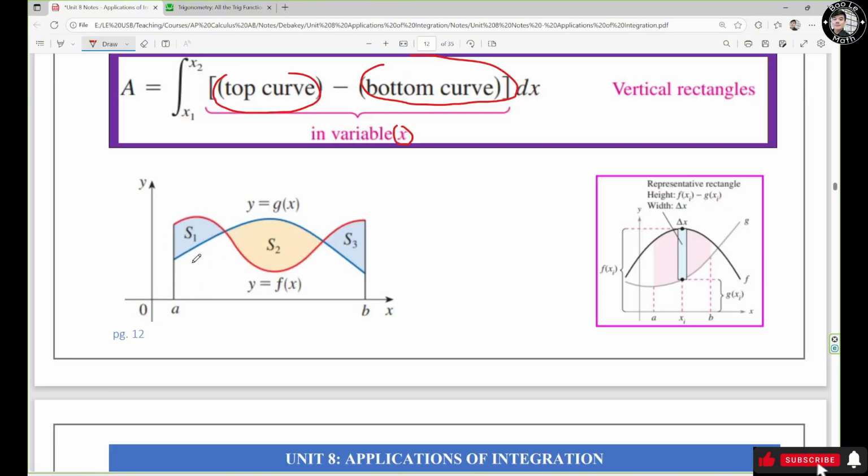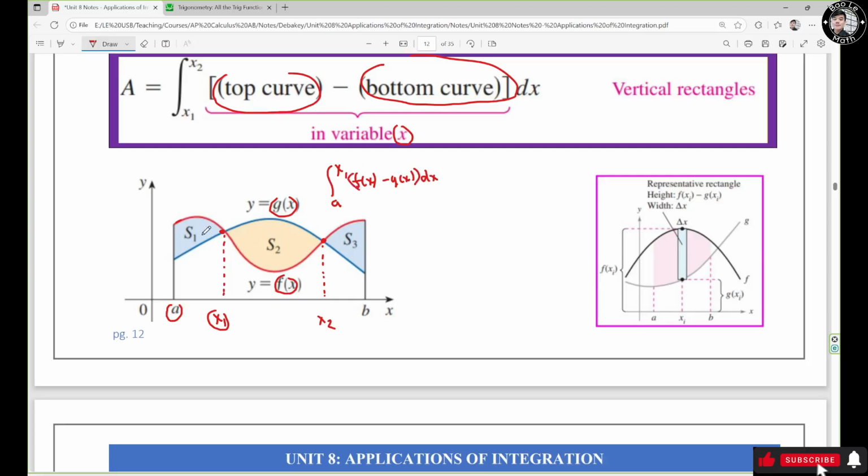So look at this diagram right here. The functions f of x and g of x intersect at this point and this point. We need to calculate the area of the shaded regions. So how do we do that one? I'm going to call the intersection right here x1, and the intersection right here x2. Basically, from a to x1, the red one right here, which is the function f of x, is above the function g of x. So it's going to be the integral from a to x1 of f of x minus g of x dx,